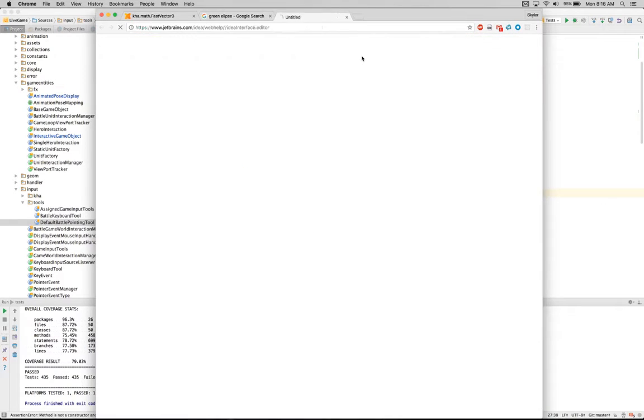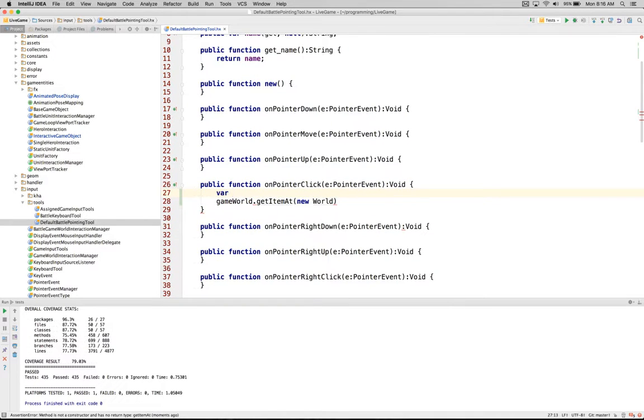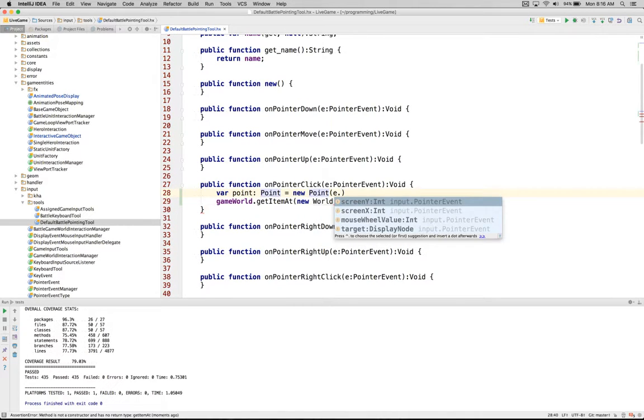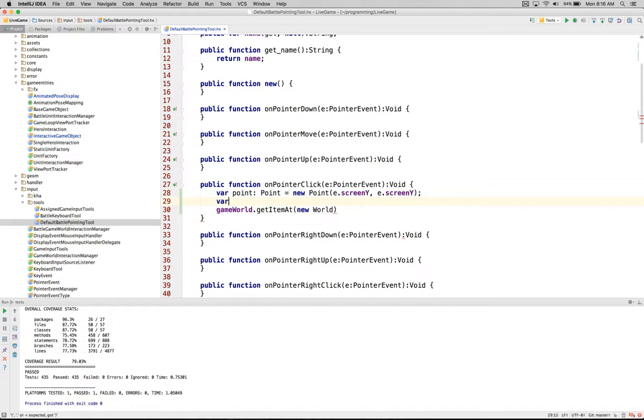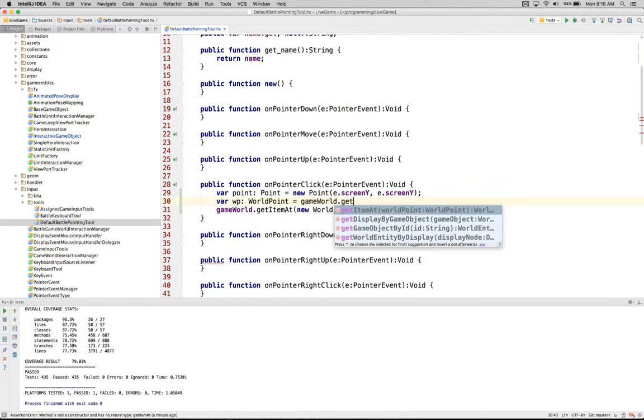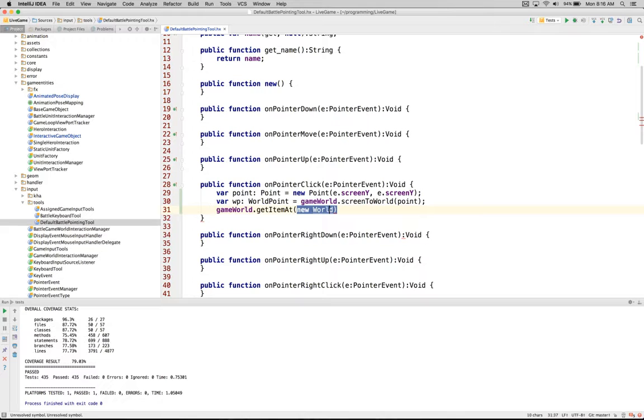Actually, what we'll need is var point equals new point e screen x, e screen y, and we're going to need to get world point equals game world get screen to world point, and now we've got our world point,